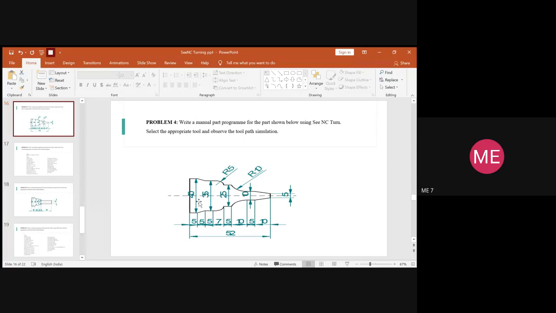Related to this, again, we'll be using the G codes related to the rough turning as well as the smooth turning operations. So you have linear interpolation as well as circular interpolation, where we'll take the dimensions across the x-axis, which is perpendicular to the spindle, and the z-axis, which is parallel to our spindle axis. The overall length of the part needed after preparing is 52. Right? And here the maximum upper diameter is around 40.